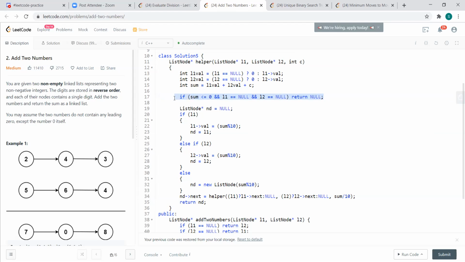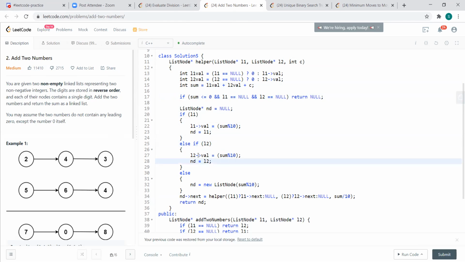Okay, if it is not, then we go in here, and if my L1 is not null, then I'll assign whatever sum I had to L1's value, because I'm actually traversing ahead, because this is the node I'm having. So this node will catch up with L1. Else if I have an L2, then I do it this way.